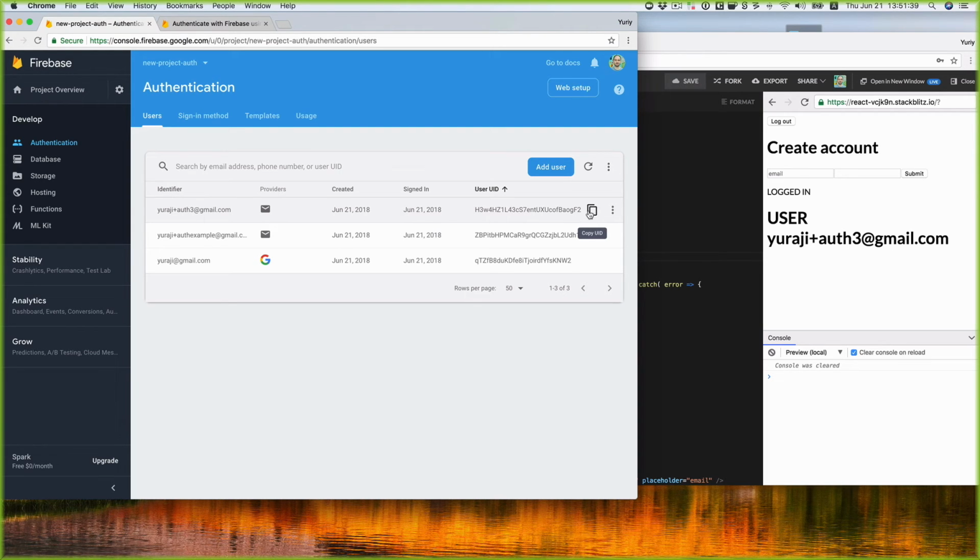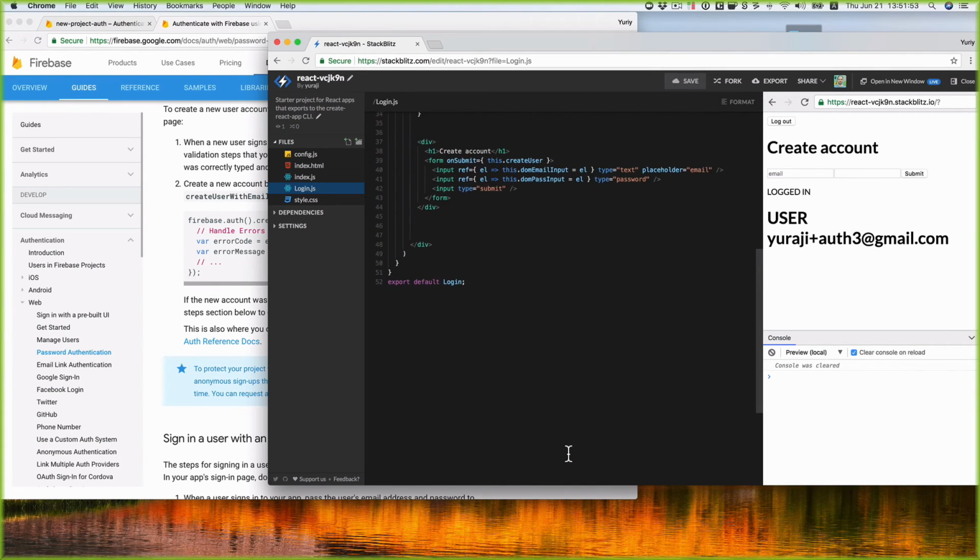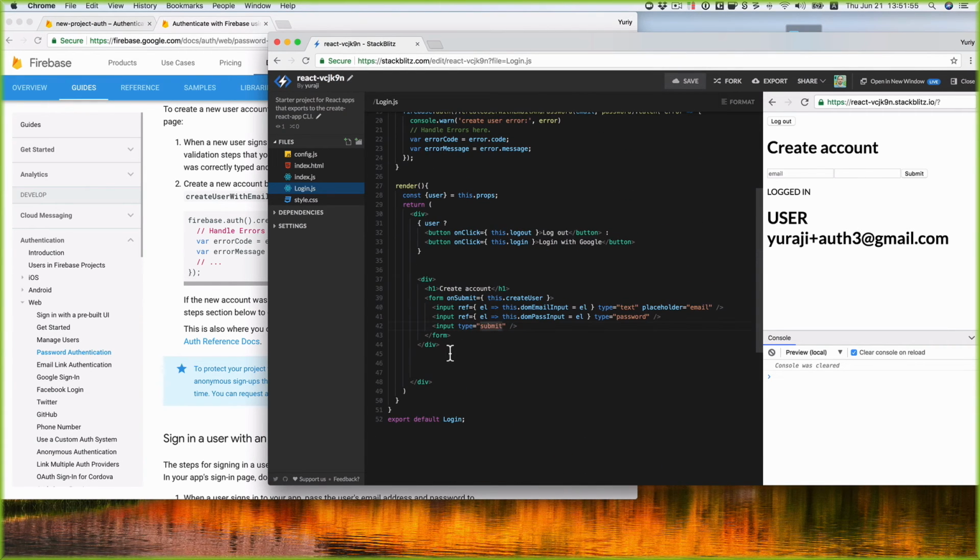Like it is not shared among other projects. So I have this record, and I should be able to log in with this email and password. I don't really want to create a new account. I just want to log in, right? So in fact, I'm just going to copy this whole part, and it's going to be